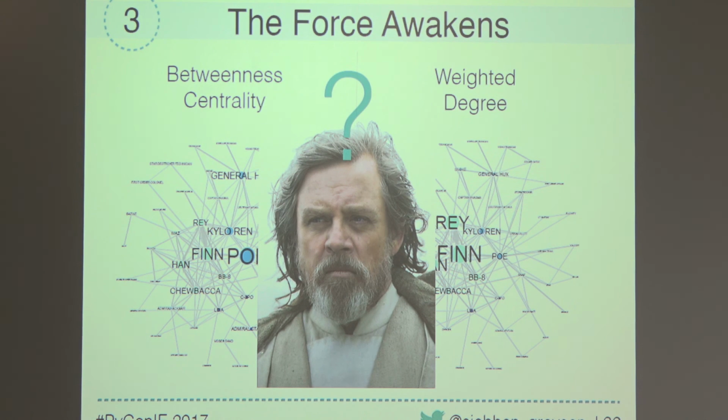But where is Luke? When I was complete and I finished everything, and I looked at these networks, I was like, okay, Luke's not appearing in The Force Awakens. And obviously, and I'm really sorry, people, there's probably spoilers coming along, but he doesn't talk in the film, so my networks completely miss out on him. This is where mentions become important. This is where your auxiliary information also becomes important. And this is what I mean by there's so many different ways to model a network. What information is it that you want to learn about that network or those people or those ideas that you want to learn more about?